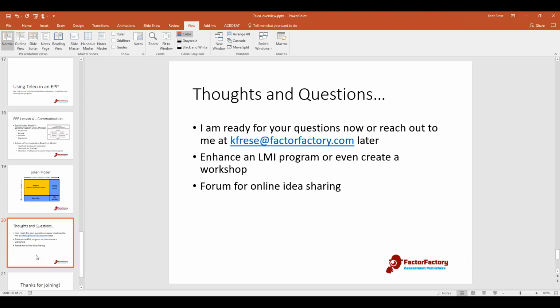We're doing what's called a battery implementation in the system now, where you can set up 3 or 4 Teleo assessments and send them out as one link. So if you want to do communication, motivation, and power, and you want to just use those 3 with a client, we will have a capability where you'll be able to order those 3 and set your system up so that you can send one invitation out, one email to your client participant, and it'll walk them through all 3. So this idea of creating a battery is coming,